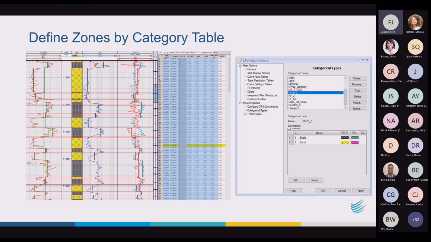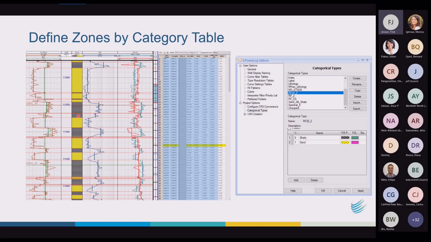And you can define these zones by hand in the ZAC, or you can define zones using a categorical curve. Tell it to use the RF20, the supervised facies, and it'll go in and it'll divide your curves up by